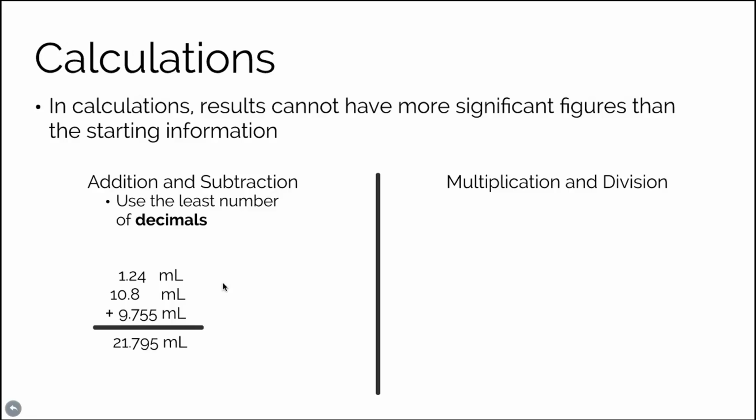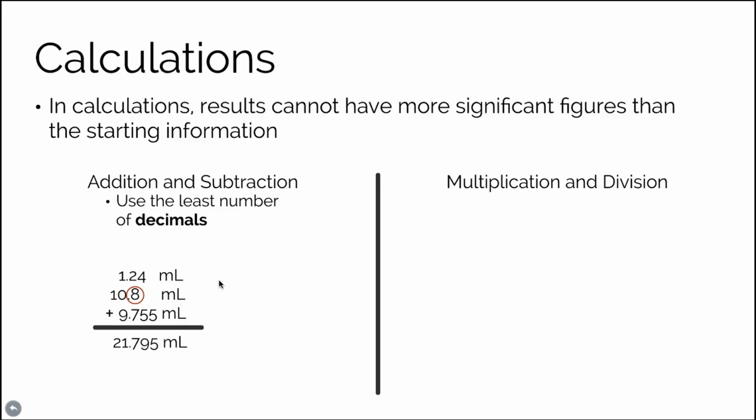21.795 milliliters. But notice that I have a mismatch in all of my decimal places. Here I have 2 decimal places. In the second value, I have 1 decimal place, and in the third, I have 3 decimal places. So which is right? How many decimal places should you use? Well, the rule tells you that you should focus on the least number of decimals. In this case, 10.8 has the least number of decimals, so you can only answer this question to the